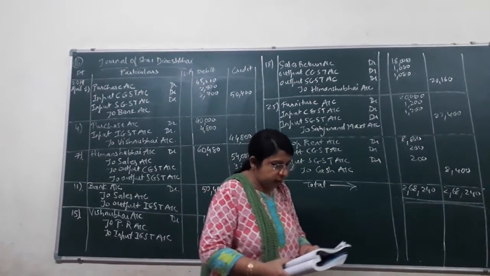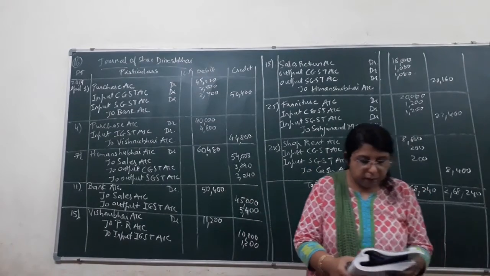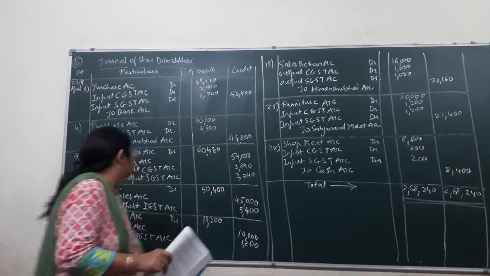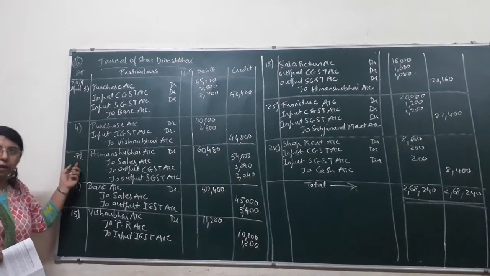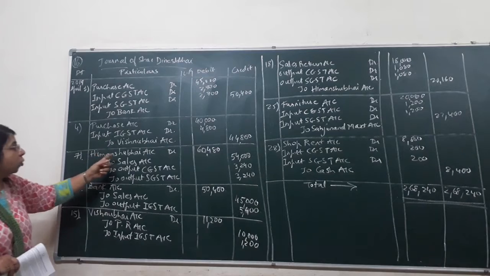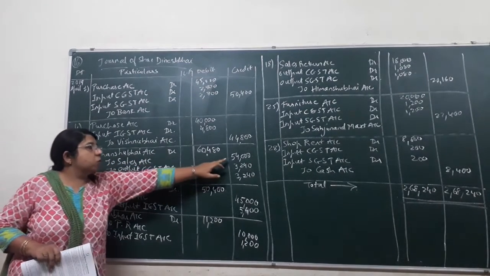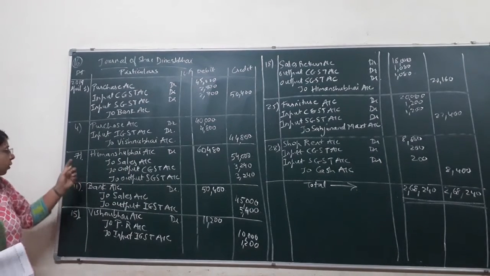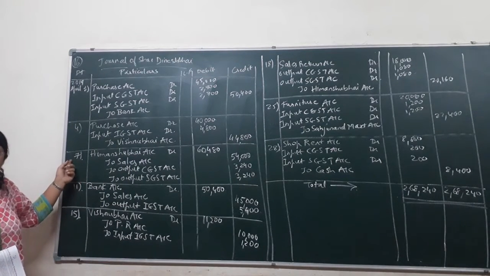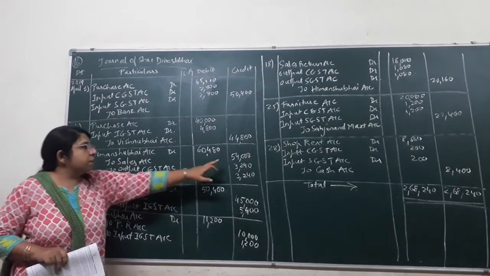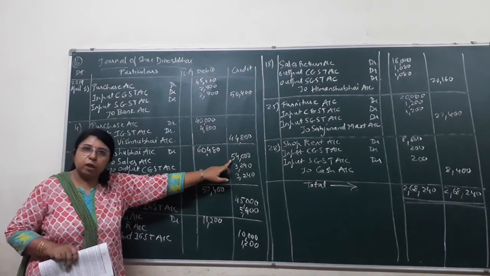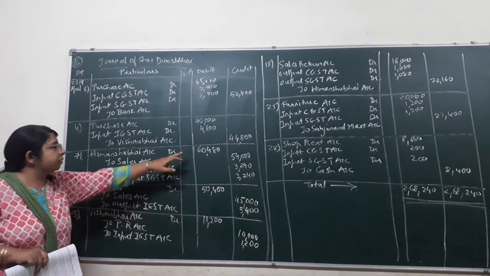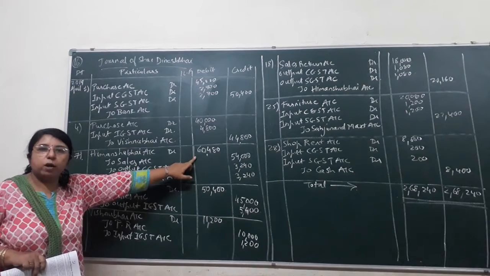Next one, that is 18th day. 1/3 goods returned by Himanshu Bhai and proportionate GST is adjusted. Now related to Himanshu Bhai, the transaction is of 7th day. We sold goods to Himanshu Bhai worth rupees 54,000 after deducting the trade discount. You can refer to the transaction of date 7th. That is 60,000 minus 6,000, sales you have done of 54,000. On 54,000 you have counted two different taxes, and including the tax, the total amount paid was 60,280.